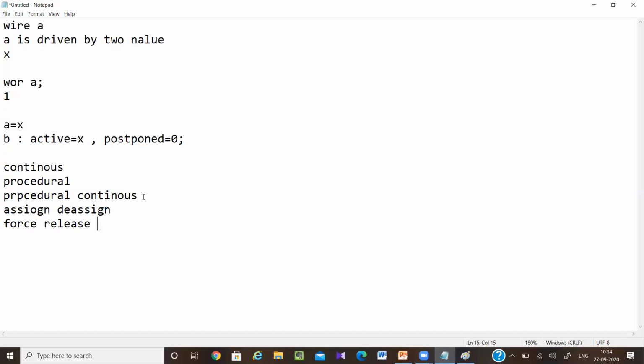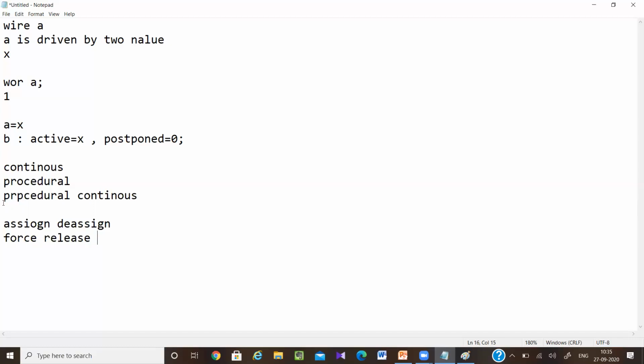Other guys who have completed the Verilog course know assign, deassign, force, release. These statements can be used. This assign, deassign is a procedural continuous statement. It can be used inside an initial or always block. So I can use an assign statement inside an always or initial block, but that is not synthesizable.